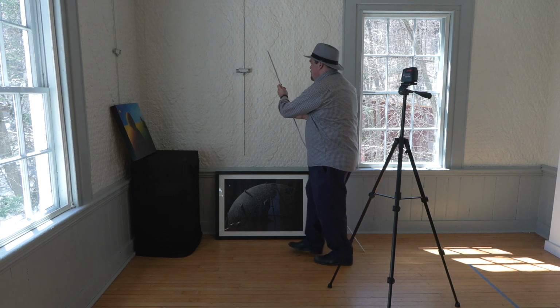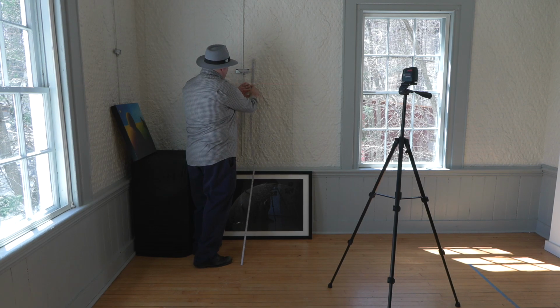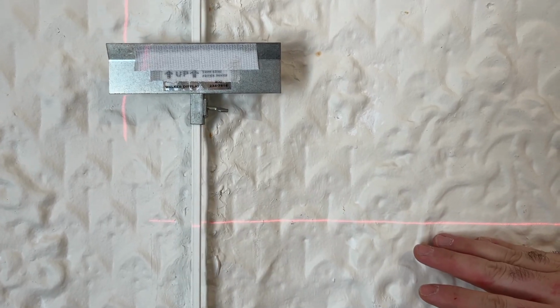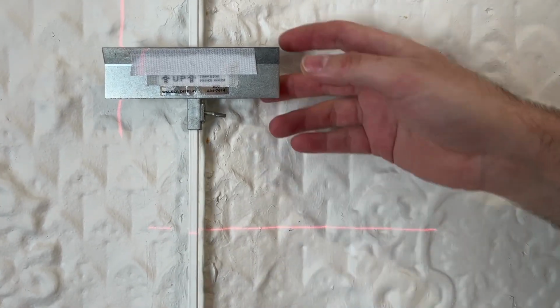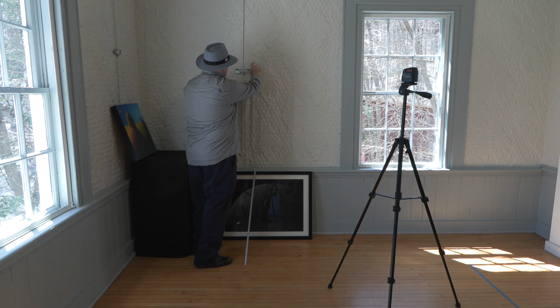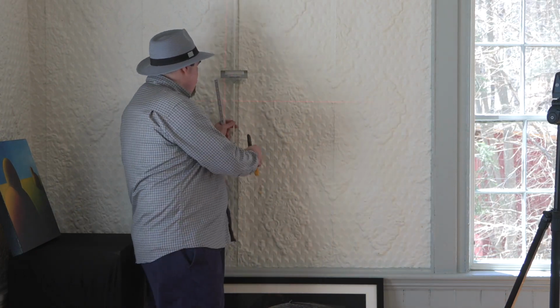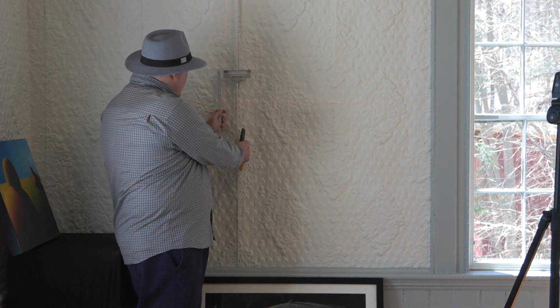So now I'm going to put my ruler, and I have my mark right here. So I'm just going to drop this down. I said 8 inches. And so that's where we want our hanger to be. Oh, and I have to get some equipment for that. All right, so now we're going to move this thing. So we've got our 8 inches